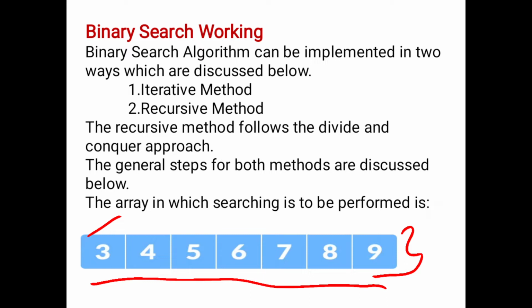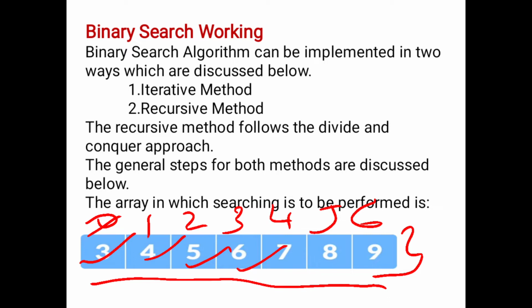Here we are given the elements 3, 4, 5, 6, 7, 8, 9. Listen to these elements: they are arranged in order, which means the elements are sorted in a list. So what are the index values of the elements? 0, 1, 2, 3, 4, 5, 6. These are the index values of every element.